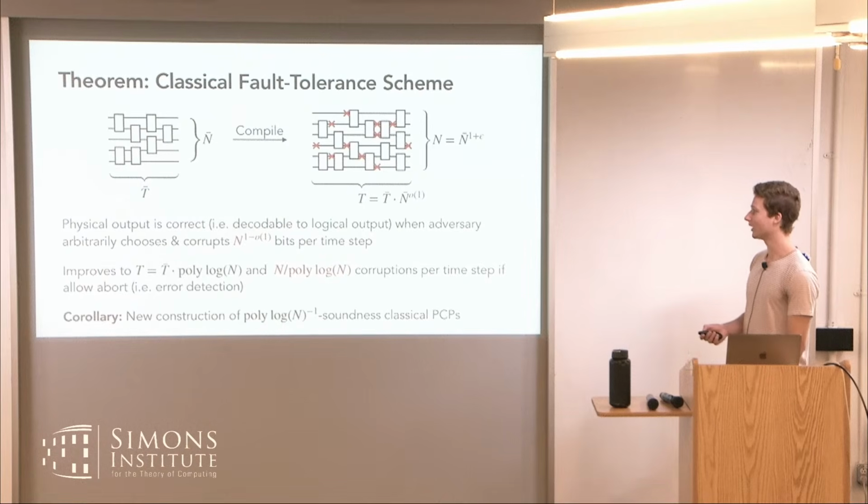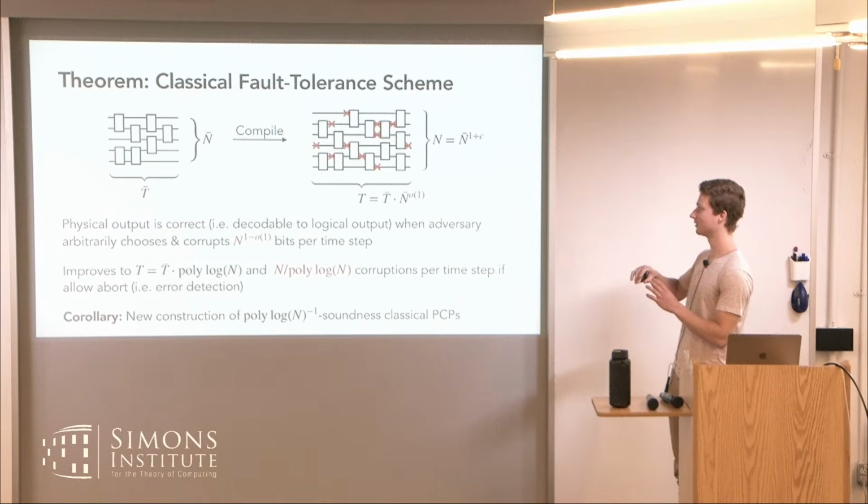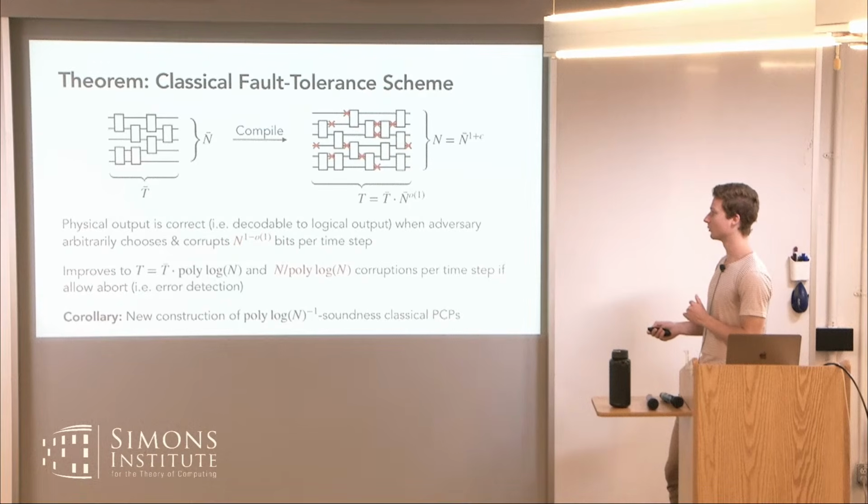Sorry, I'll have a related work slide later, but roughly speaking, it was previously known how to withstand square root n adversarial errors per time step. Or actually, if you allow the space usage to blow up, you could get 1 over poly n. But getting from 1 over poly n fraction corruptions to 1 over subpolynomial, that was somehow the real barrier. Even just using a repetition code, a really simple fault tolerance scheme, can get you resilience to an inverse polynomial fraction of errors.